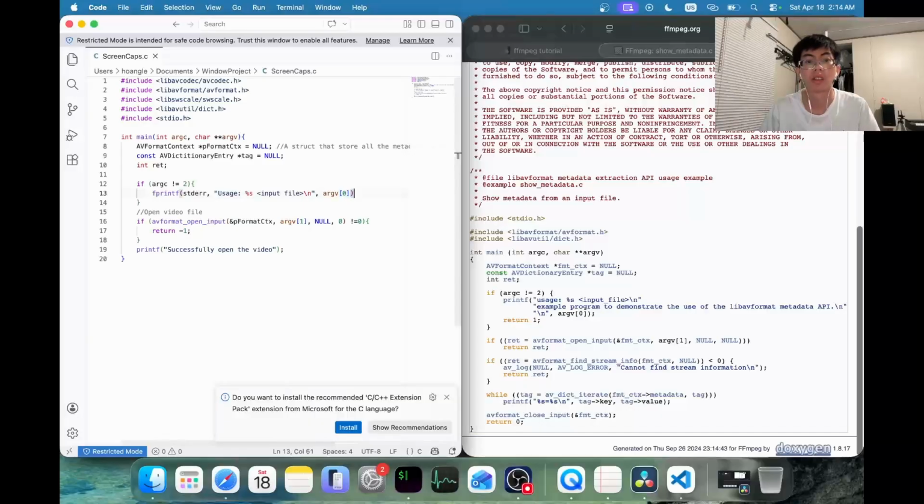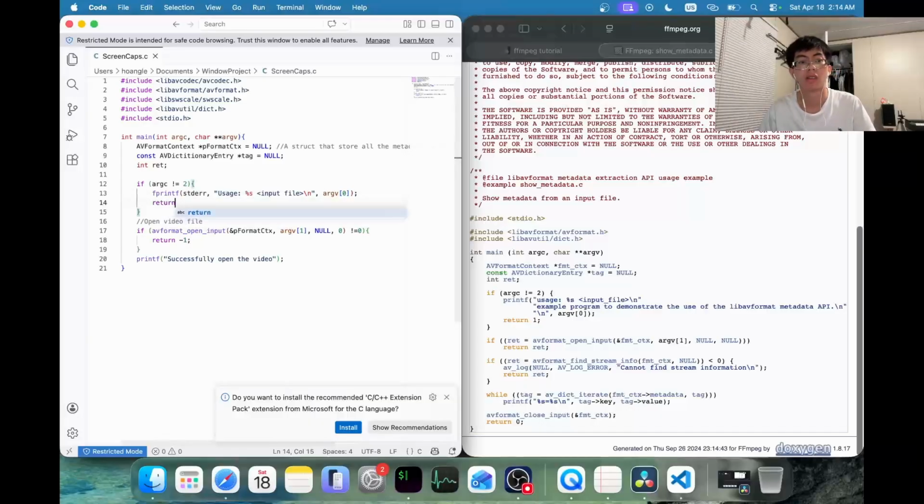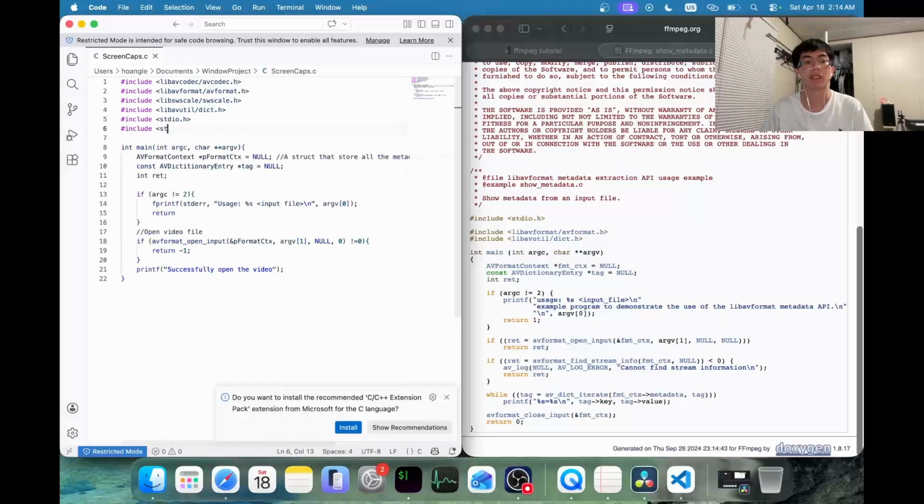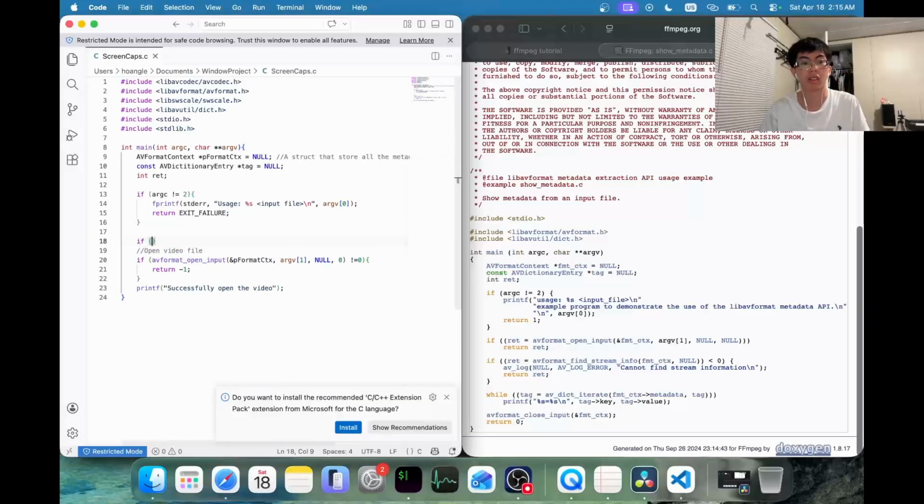Zero. Wait. Yeah, I have a better idea. Include stdlib.h. The reason why I want to use the library is because of exit failure. Is this failure? Yeah. Then for the second, if ret